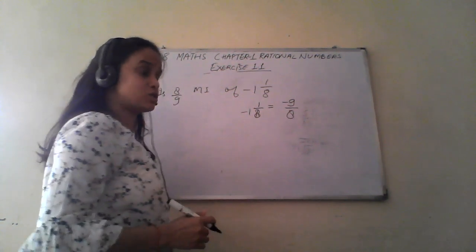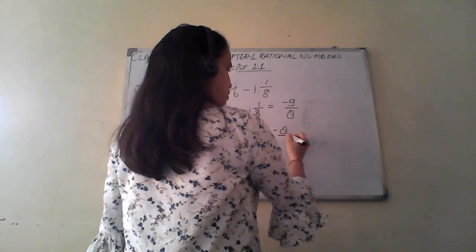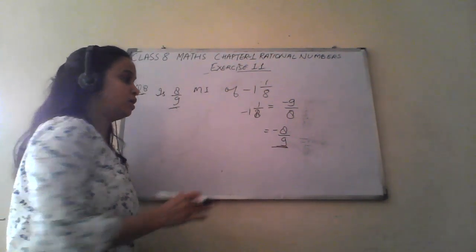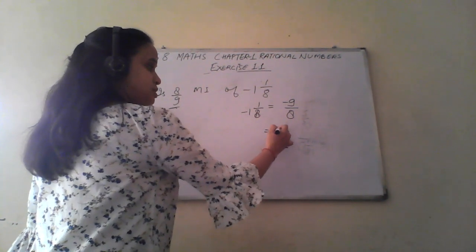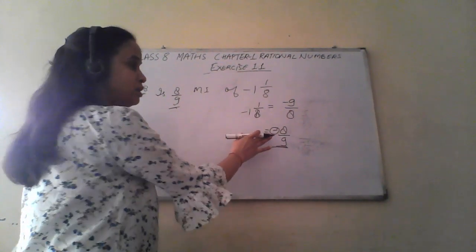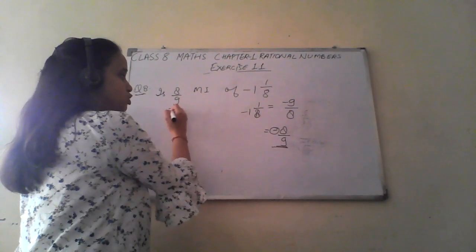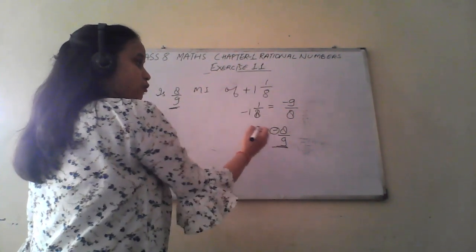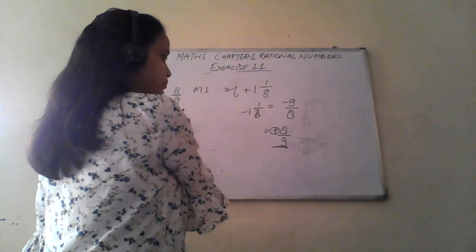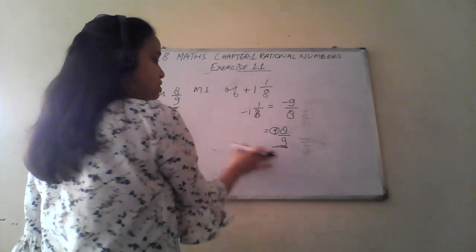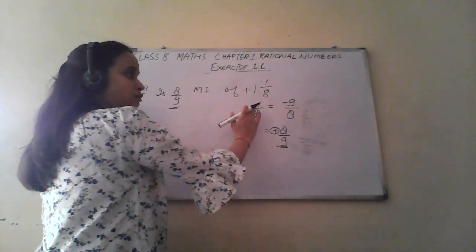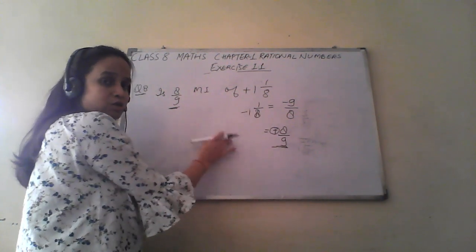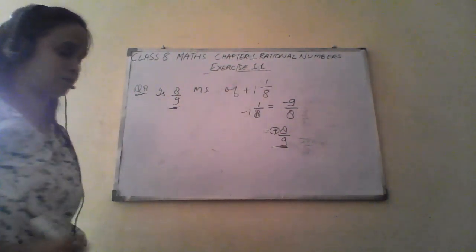What is multiplicative inverse of this? It will be minus 8 by 9. So this 8 by 9 and minus 8 by 9 is same? No. Because there is a negative sign. There is one extra negative sign. So this is not multiplicative inverse of minus 8 by 9. If it was positive, so we can say that this 8 by 9 is a multiplicative inverse of plus 1 whole number 1 by 8. But since presence of negative signs, it is not a multiplicative inverse of this particular value.